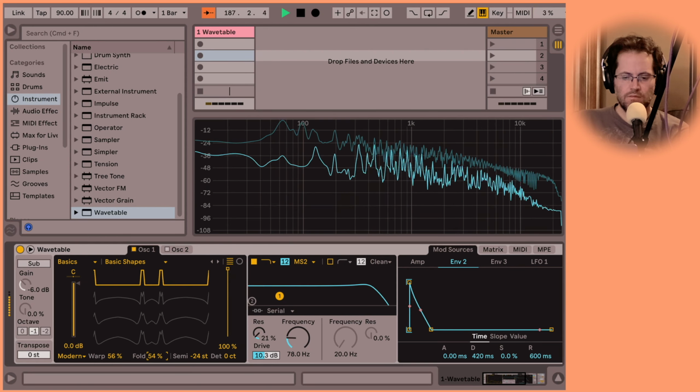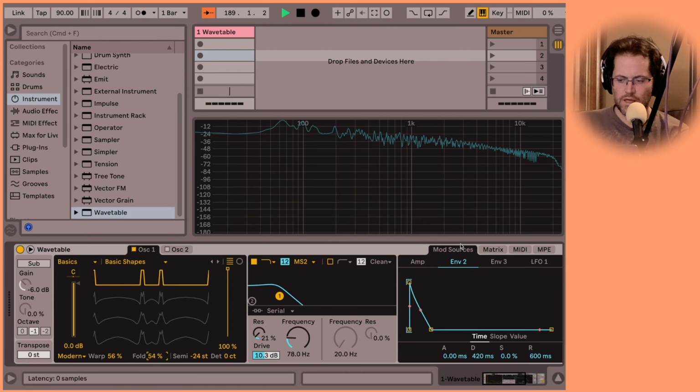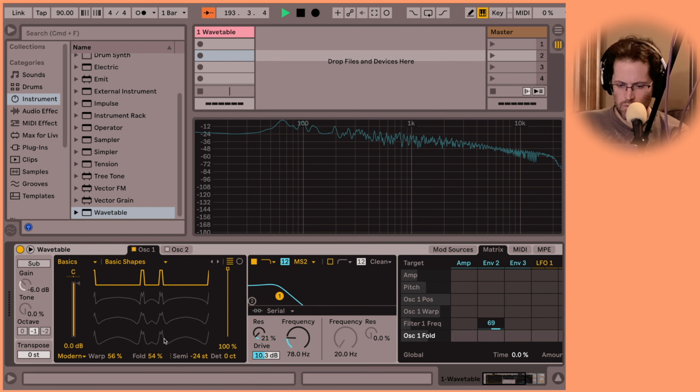And whenever you get something that makes it super, super bright, always think, what if I dropped an envelope on there? So envelope 3, let's do that, actually we could probably, I kind of want the same sort of thing. So I'm gonna use envelope 2 for this as well, because I want this sort of a thing. So what were we just playing with? We're playing with fold. So if it doesn't pop up here, click fold, and fold will happen. So now let's add it to fold and see what